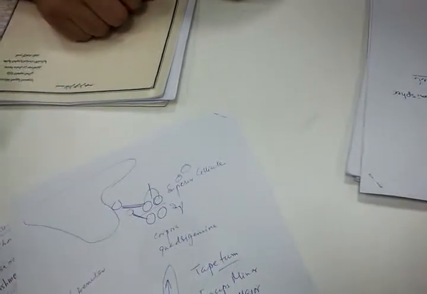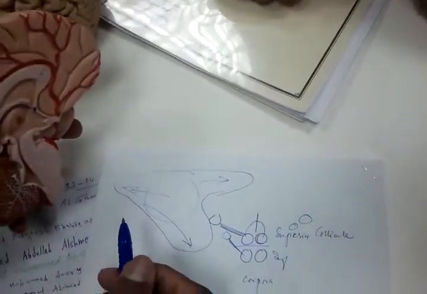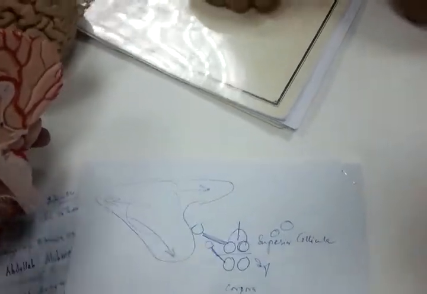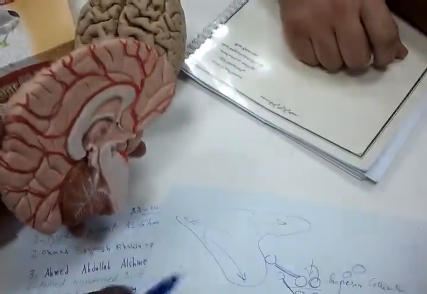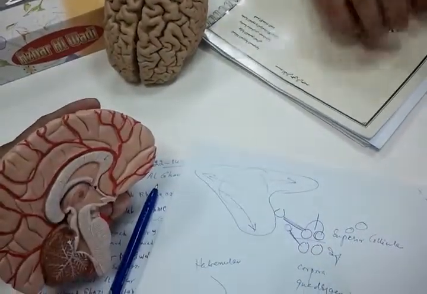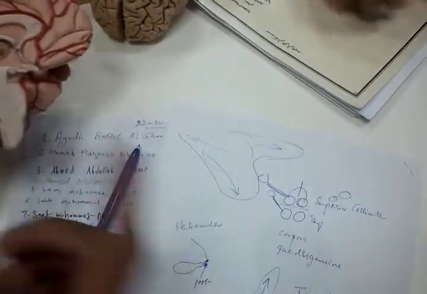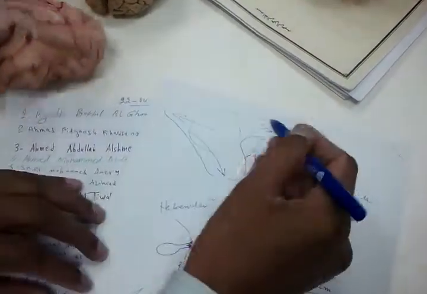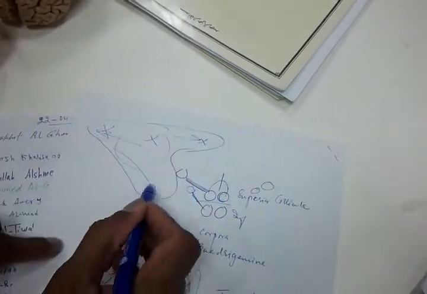This is the shape of the lateral ventricle. This is the main part, the body. This is the anterior horn, the posterior horn, and this is the inferior horn. So he is asking about the lateral ventricle. Now the problem is that about a ventricle you always have to remember the boundaries. You remember the boundaries of the lateral ventricle, then the boundaries of the third ventricle, then the fourth ventricle. Finish? So you would have to remember only 3 sets of boundaries. But in the lateral ventricle, each part has separate boundaries.